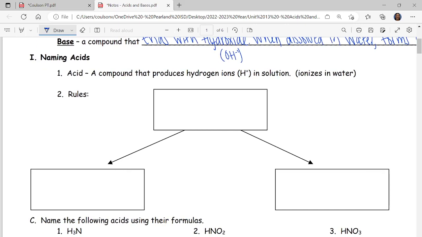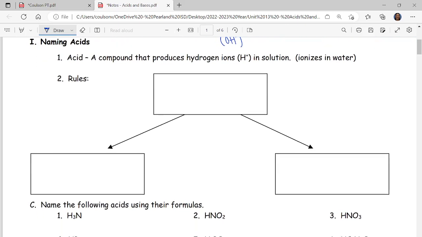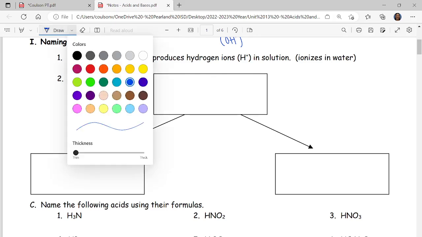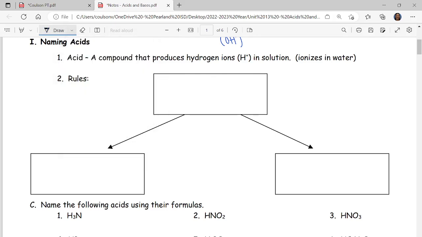All right, and then this whole section is a review from our nomenclature unit. We used this exact same chart, these exact same examples, everything is the same. So let's just refresh. First of all, in this box up here, this is how you can tell that something is an acid. If you're looking at the formula or the name, how can you tell that something is an acid? Starts with H. So the formula starts